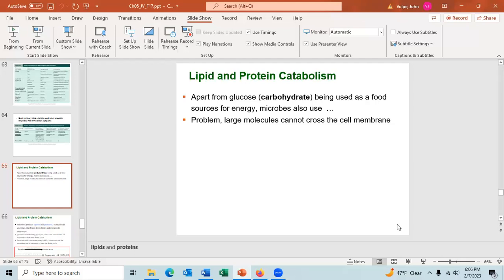Anyways, the problem with this is that the large molecules, like the large protein molecule in peanut butter, cannot get through the cell membrane. The cell solves this by making a transport protein that can then move the large molecules from outside the cell into the cell, or the cell will dump digestive enzymes outside the cell membrane, and then those enzymes would start dissolving the protein. Any questions about any of that?